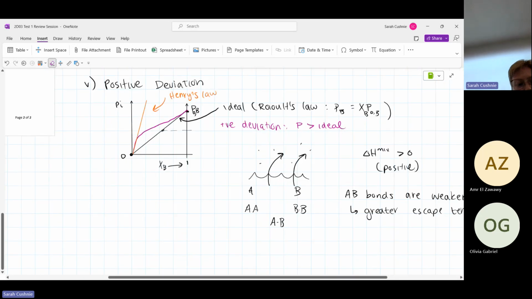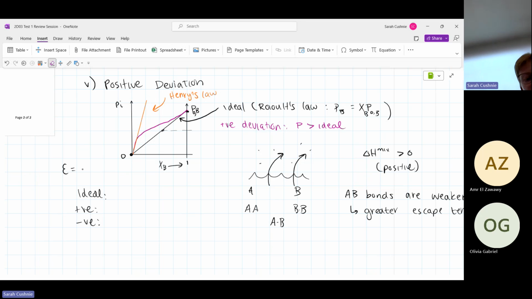Well, we have the 3 cases, right? So kind of an aside, we have ideal, positive, negative. In an ideal case, I'm going to say E is equal to the bond energy because this is what we did in one of my courses last semester. In an ideal case, the energy AB, the bond energy, is equal to the energy AA, which is equal to the energy BB. These are all the same. The system doesn't care how much it's mixed. It's all the same to us. Same bond energies.